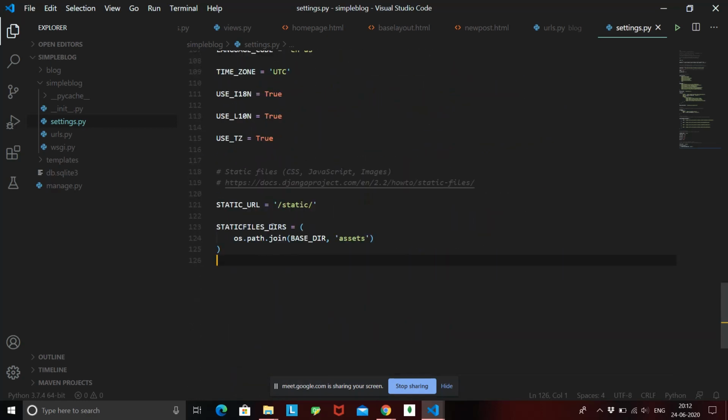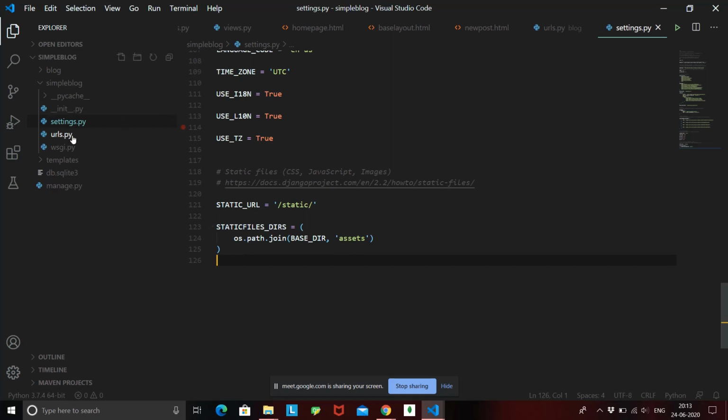We say static files dirs equal to os.path.join, joining the base directory to a folder named asset. You can give any name over here, but asset is preferred because all your static files are stored inside a folder called asset. With that done, we have completed the basic settings that we need in order to serve the static files to our web page.